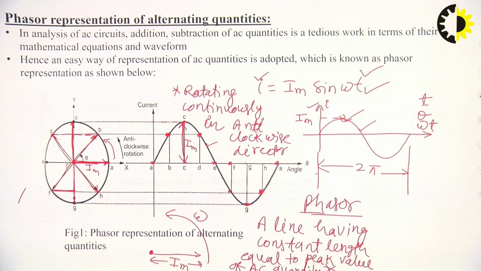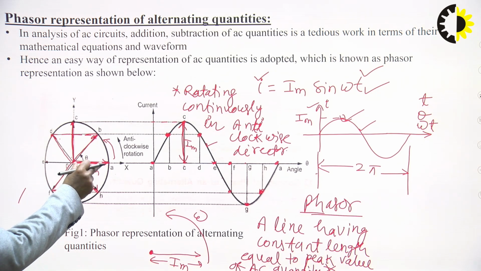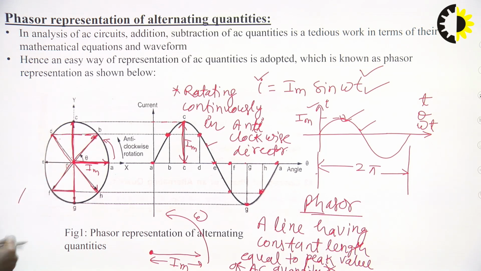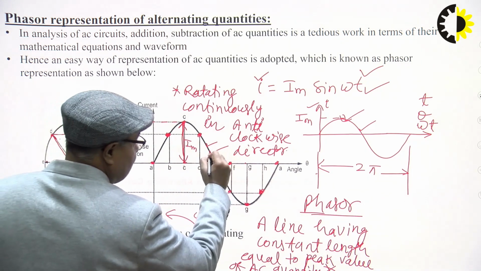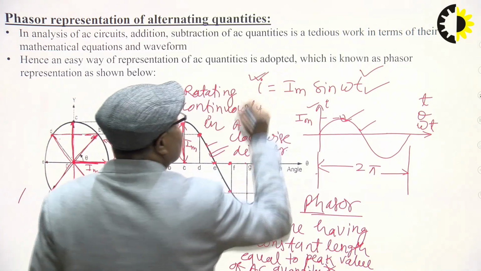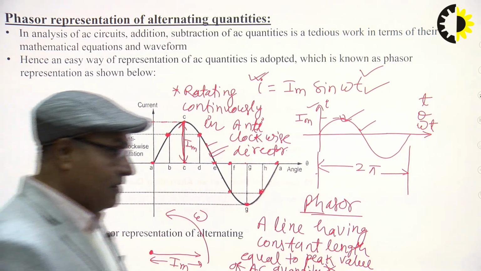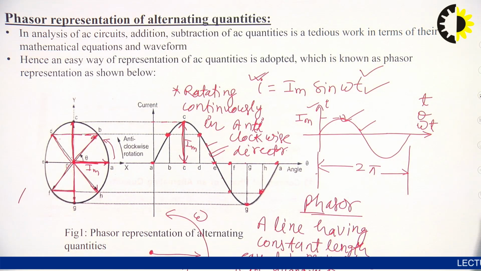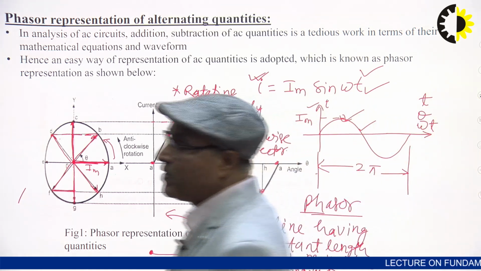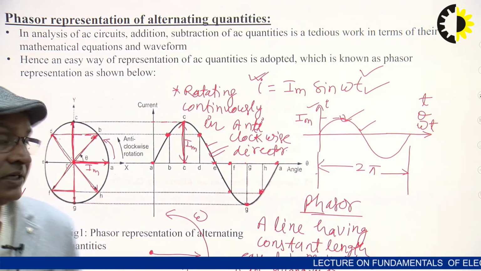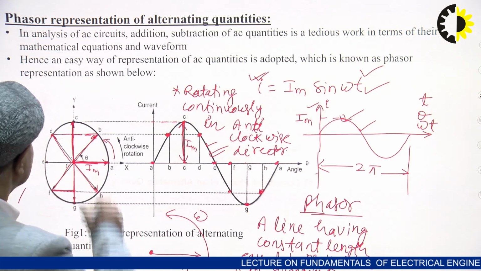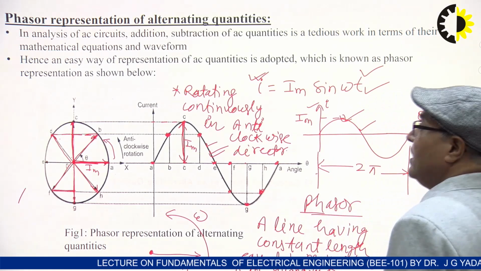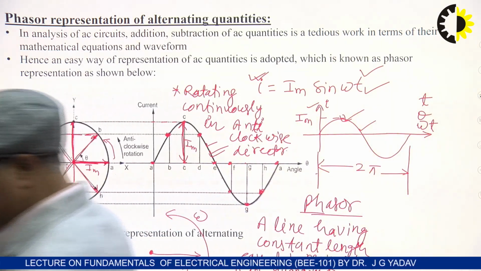So this line, having length equal to the peak value of the AC quantity and rotating continuously, represents exactly this waveform or this mathematical equation. This is how we say that a line having length equal to the peak value of the AC quantity represents an AC quantity. So this is the phasor representation, and this is used in the analysis of AC circuits,